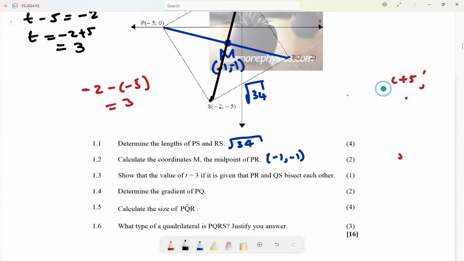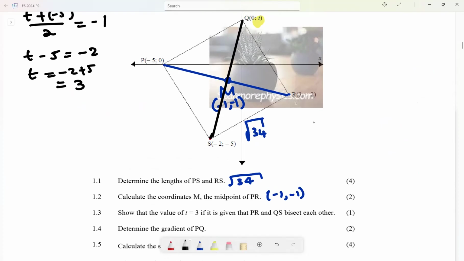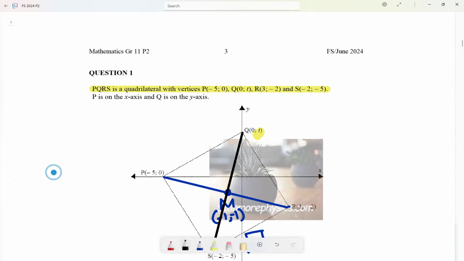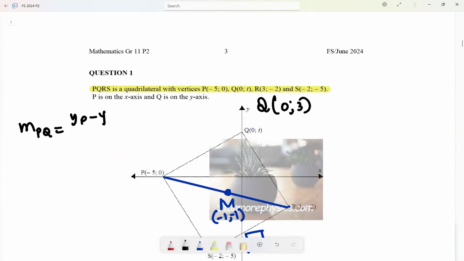1.4 says to us now, determine the gradient of PQ. These questions are so nice, most. Determine the gradient of PQ. If you already know that the coordinates of Q are 0 and 3, how do you get the gradient? Gradient of PQ. You say y coordinate of P minus y coordinate of Q divided by x coordinate of P